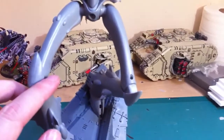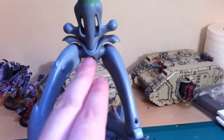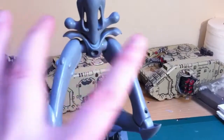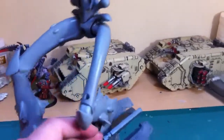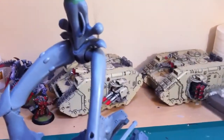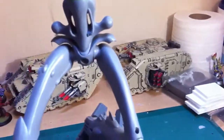Obviously, we covered the knee in a previous video. The pelvis joint, which is this one here, looks almost like a W. 2 ball joints from the legs go into that. That was a pain to do because I needed to be Dr. Octopus and have about 8 hands to hold everything steady whilst it glued, but I got there eventually. And once that was glued in,